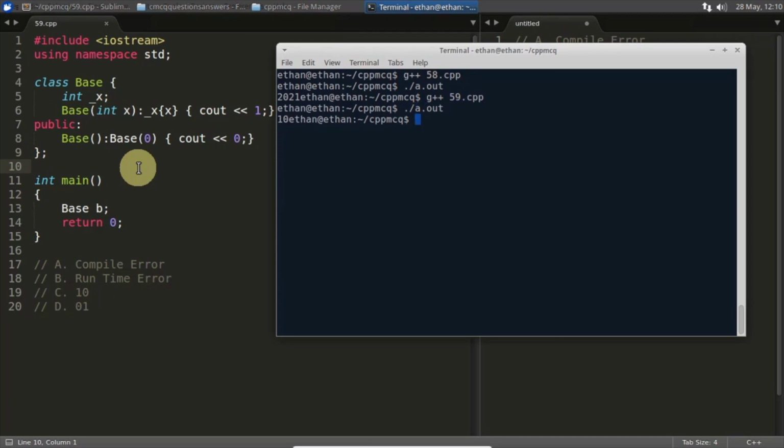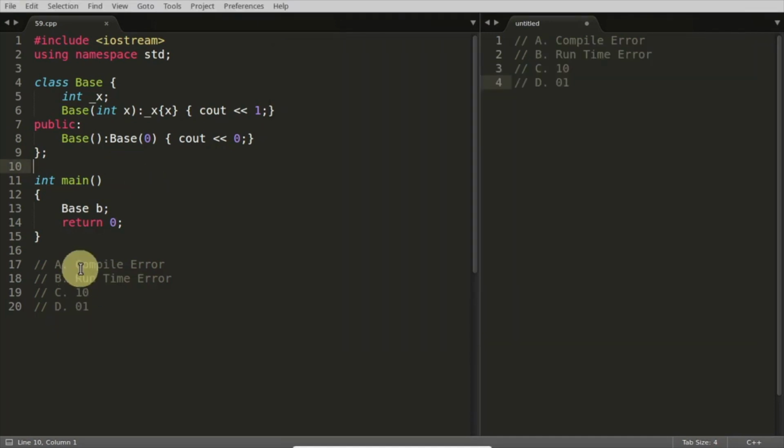Answer, and the answer is 10. Yoo-hoo, 1 0. It is not 10 actually, it is 1 0. Okay, there is a difference between 1 0 and 10, and that is the difference here. So what you concluded from this is that B is getting created, so this B will end up calling this base